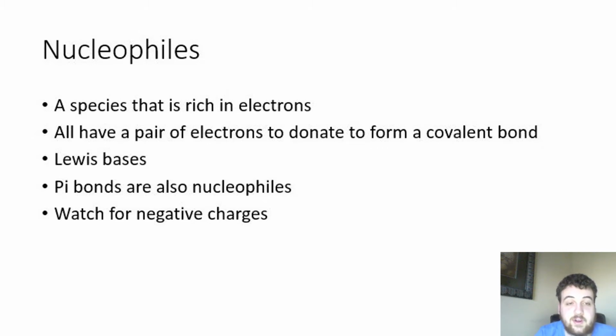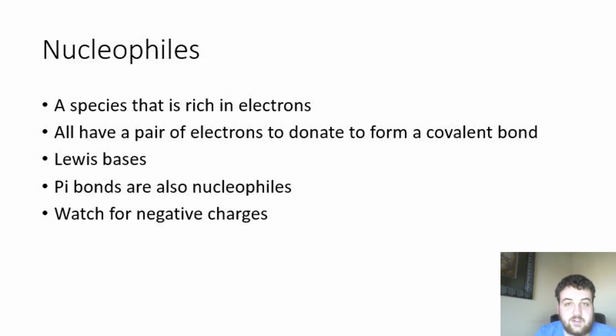We'll start with nucleophiles. So nucleophiles are a species that is rich in electrons. They all have a pair of electrons they can donate to form a new covalent bond, which makes them Lewis bases since they donate their electrons. Pi bonds are also nucleophiles, and we watch for negative charges since